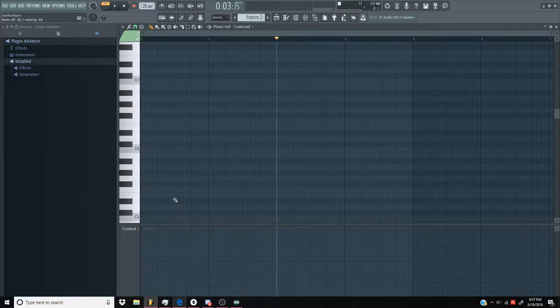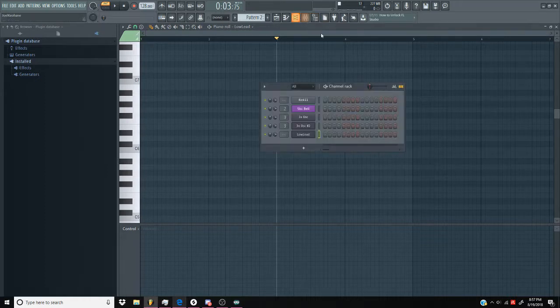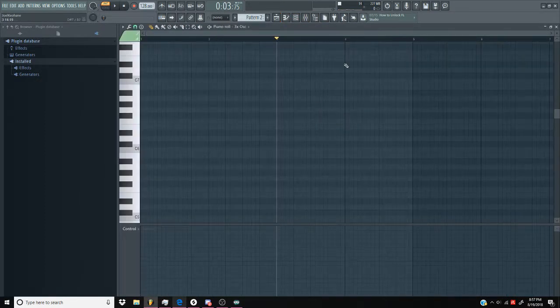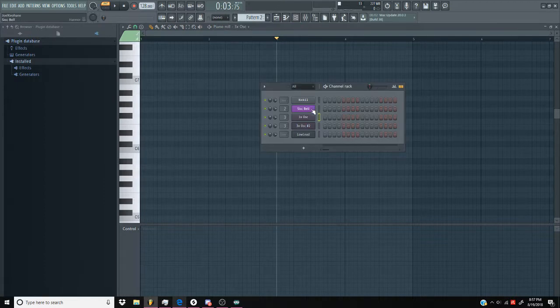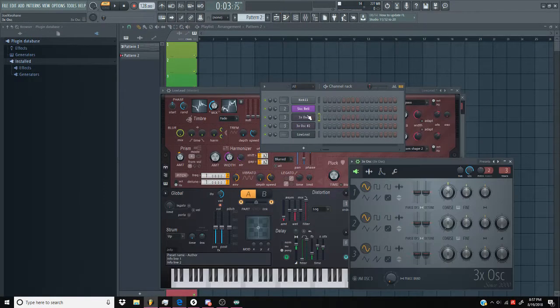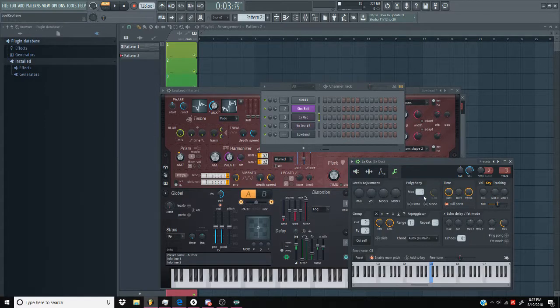Start with an ARP, yeah. So different kinds of ARPs. Well, you weren't asking about ARPs, so I'm gonna talk about them anyway. You can have an ARP that just plays the chords, and that's like you plug in the chords and then have the arpeggiator going. And that's just your basic